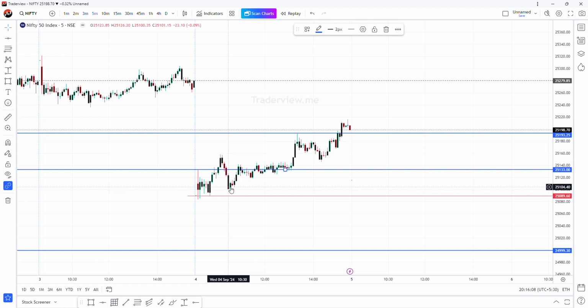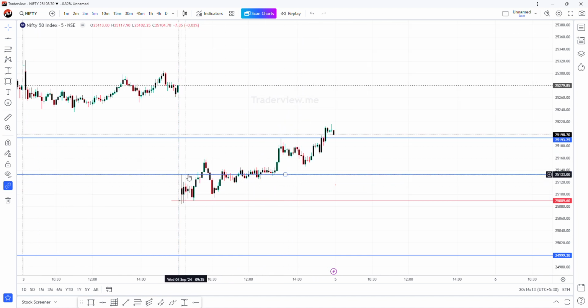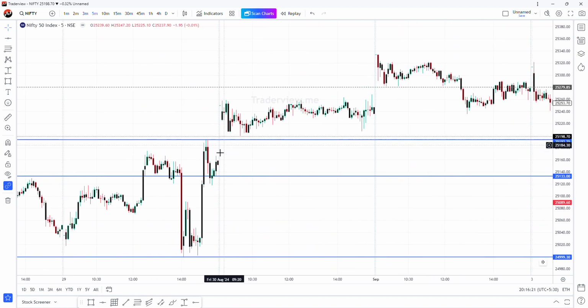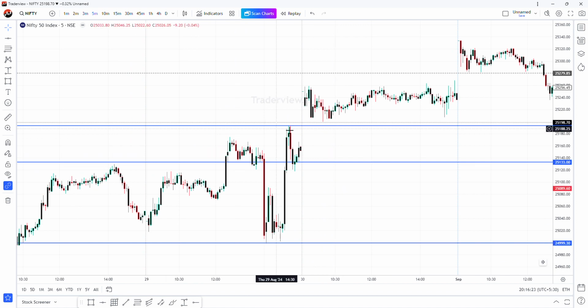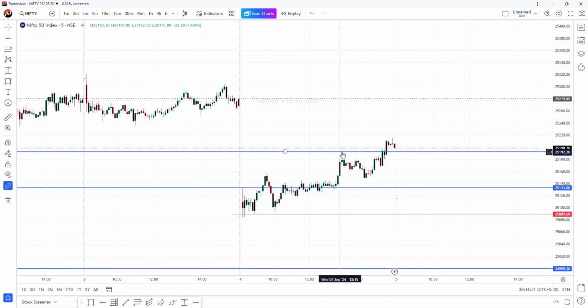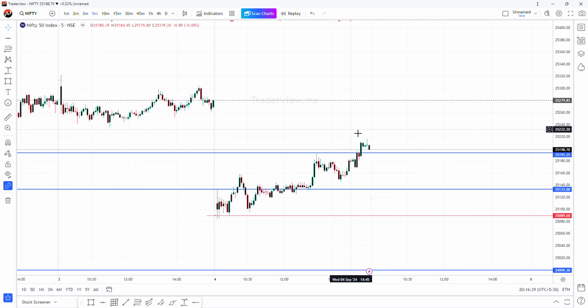From there the Nifty started rallying upward, and this resistance has become the support here. Further it rallied upward until there was a resistance, and this is the high for 29th of August. It took the resistance here and started trading sideways, and at the end it was trying to break the resistance, and again it has given the closing near the same price, right,